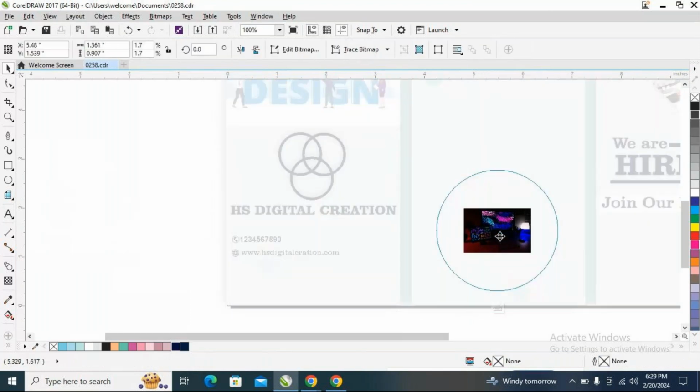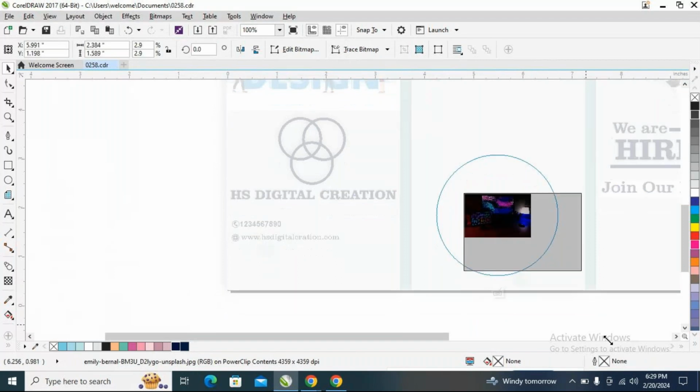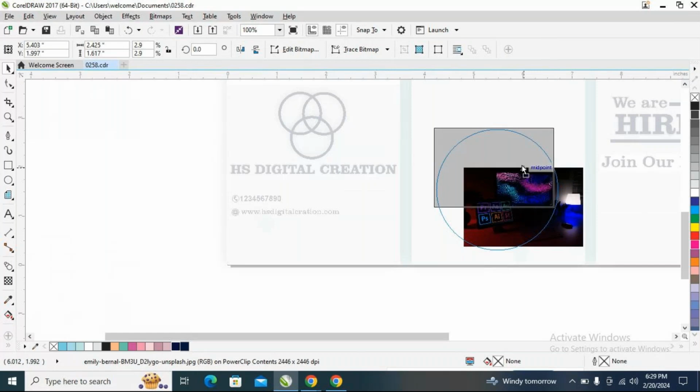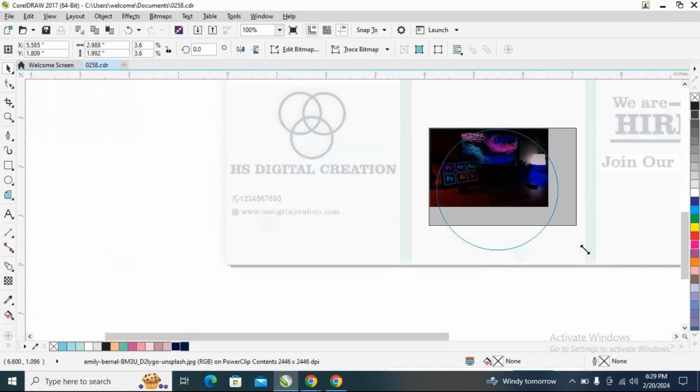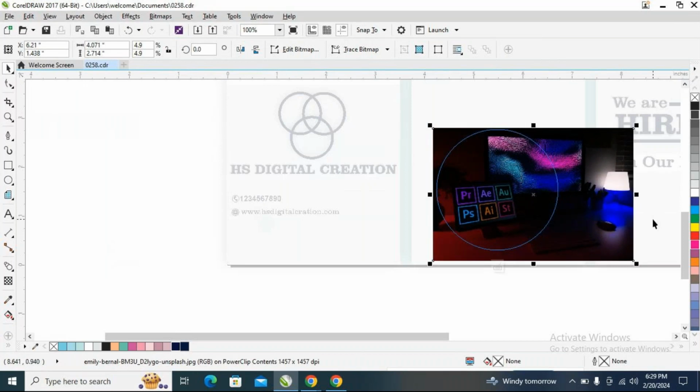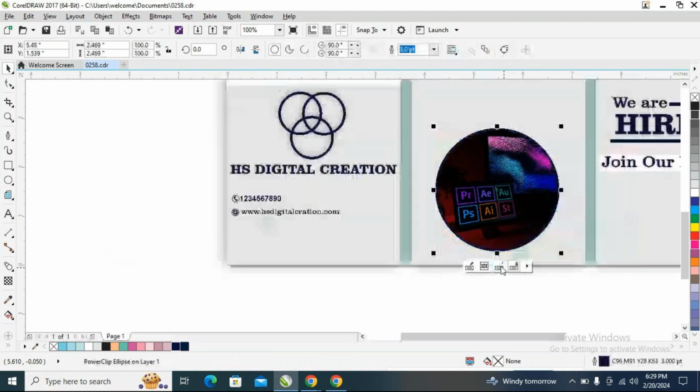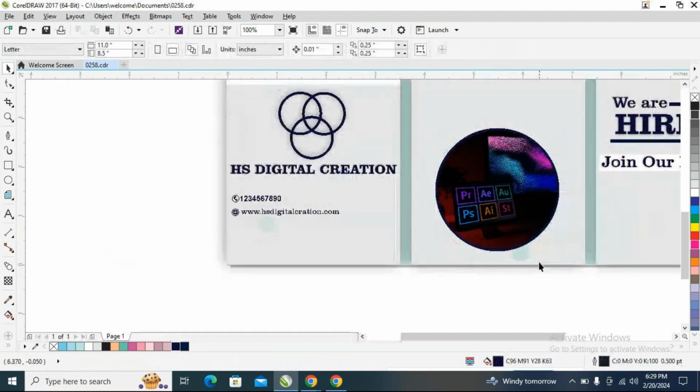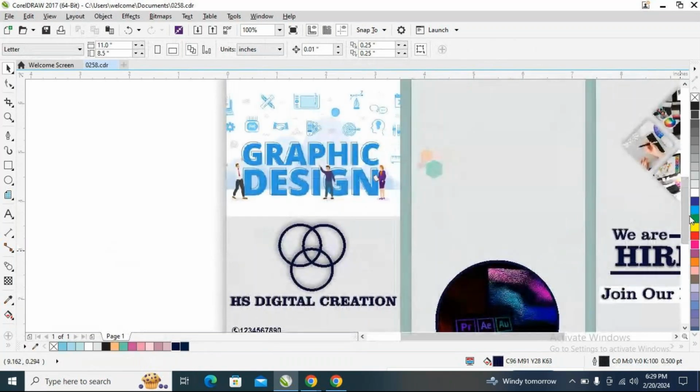Just select that picture and increase the size of it. Now we can stop editing, give Stop Editing. This is fine, and here we can just add